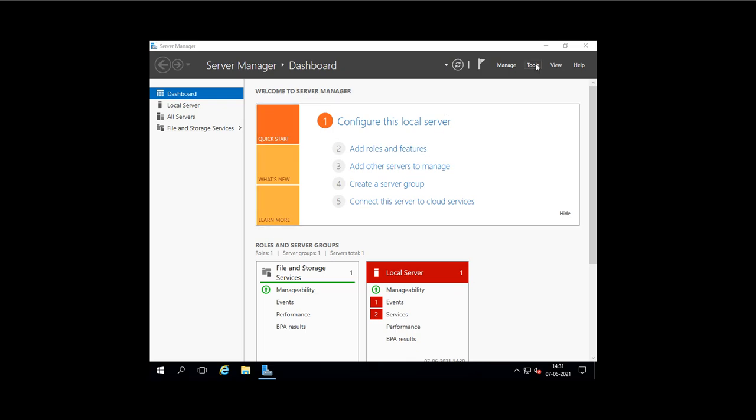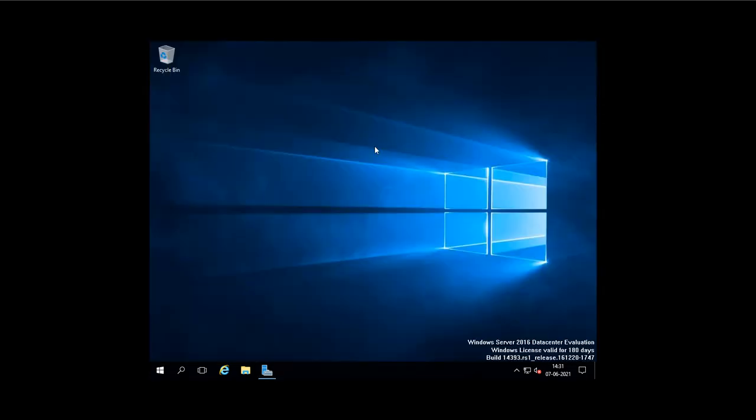When you see this screen, it looks like Windows 10. It is Windows Server. We can see here Windows Server 2016 Datacenter Evaluation, and it is valid for 180 days because it is the evaluation version. So we can use this for practice.